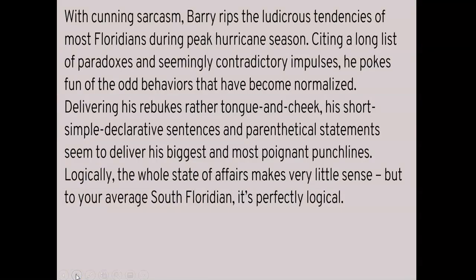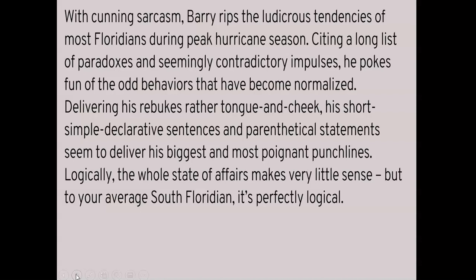So we're going to start with the most salient term, okay? And we're going to sprinkle in 3. Declare the thesis with cunning sarcasm. Do you see what the student did right there? Making the assertion that Barry's most relevant term, most germane term, is the sarcasm. All right, so very good. So let's see where it goes.